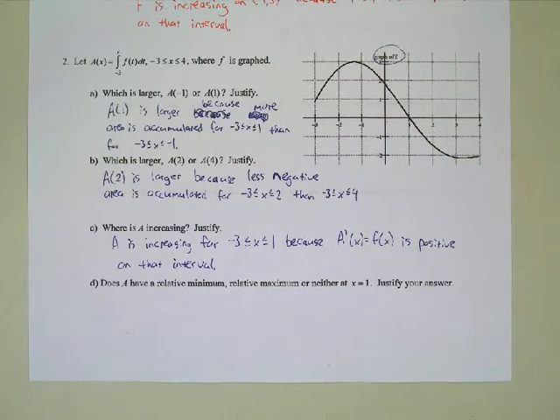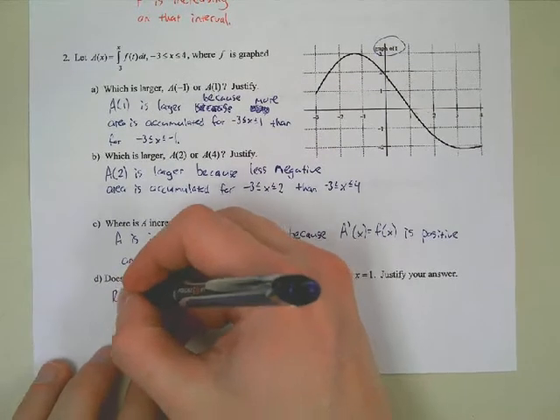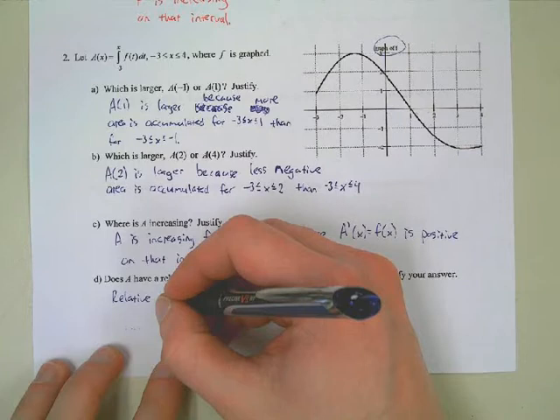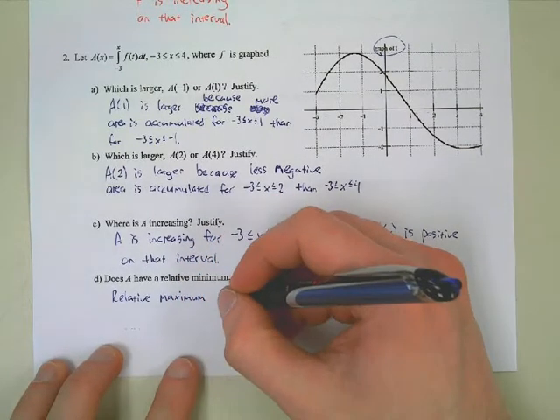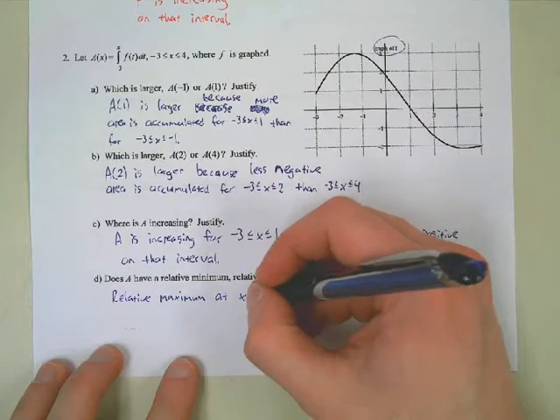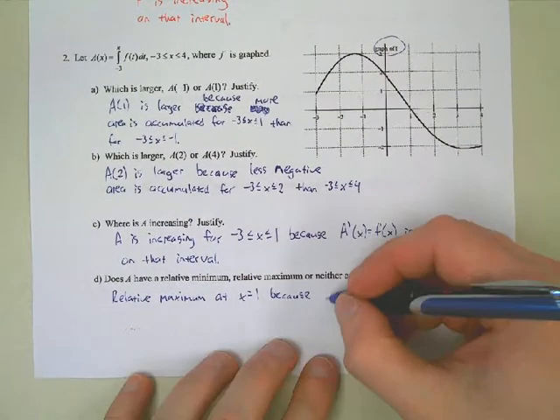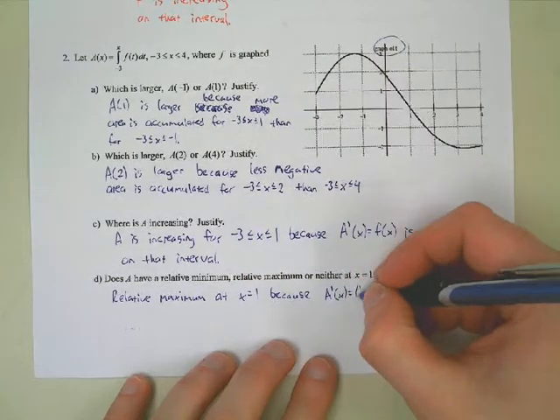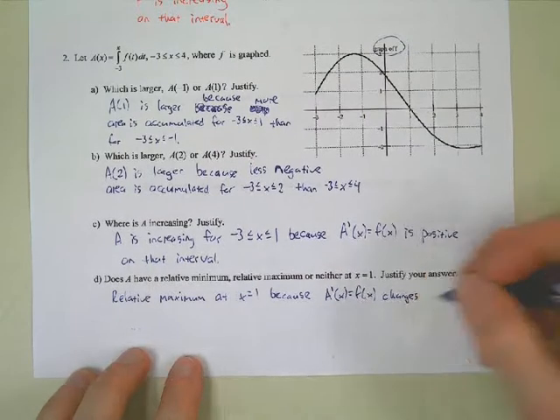Okay, why do you say that A will have a relative maximum there? Because f of x changes from positive to negative. Beautiful. That's it. Exactly right. So we will have a relative maximum at x equals 1 because, and again here, I'm going to write A prime of x equal to f of x changes from positive,